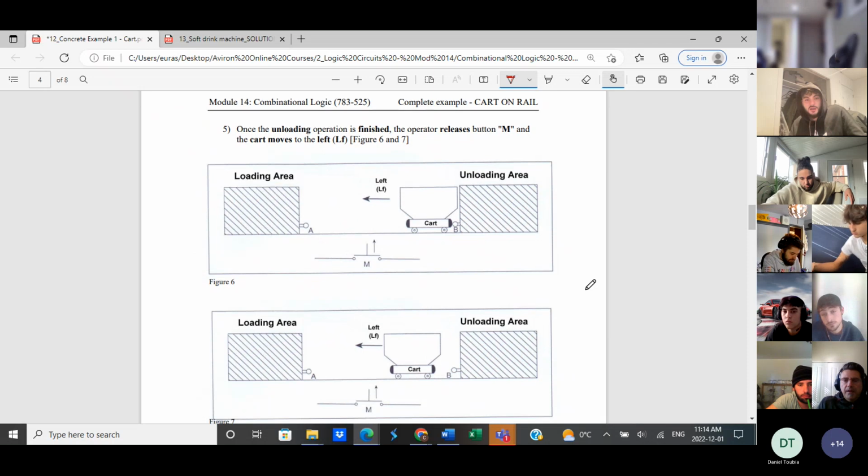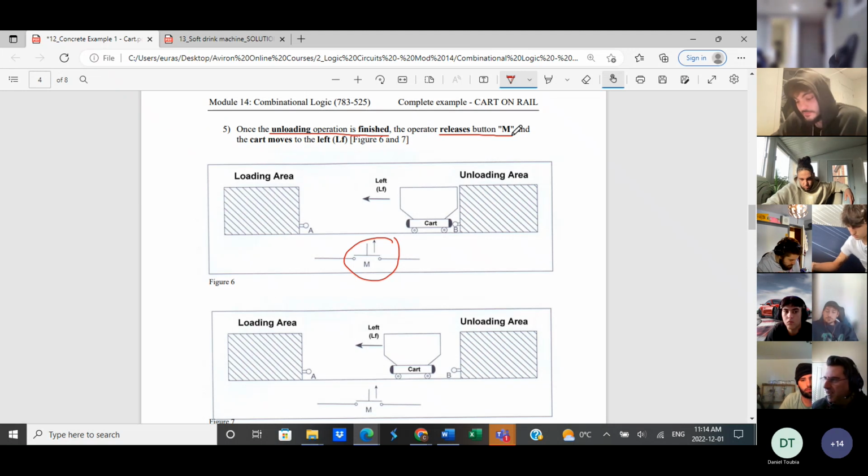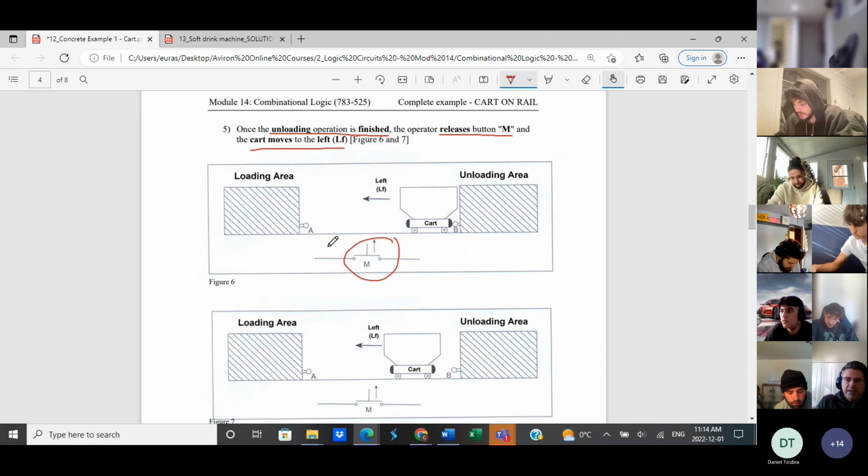All right. So what happens next is this is the change. It says once the unloading operation is finished, the operator releases the M push button. Again, this is not a true to life method of doing things, but it's just a simplified version. When it's released, the cart moves towards the left. So basically, you just release the push button. The cart starts to move left,